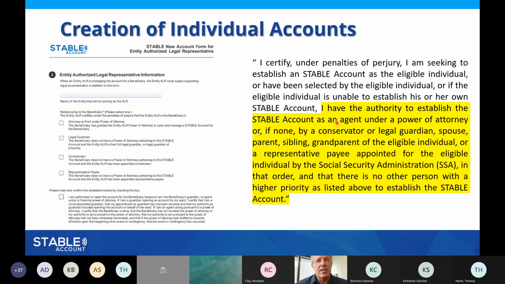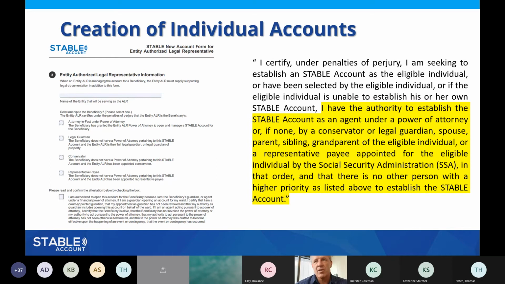But you need to understand that this language still applies, right? So it would still be in your best interest to make sure that you're complying with the nature of this language, even though it's not on the attestation form yet, when considering opening that account for that individual. So if you have any questions about that, please ask them at the end of this presentation. I can just tell you how the law is written and how the IRS deemed it, and what we're doing to do our best to comply with it.